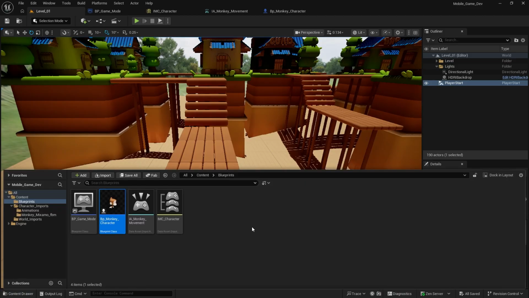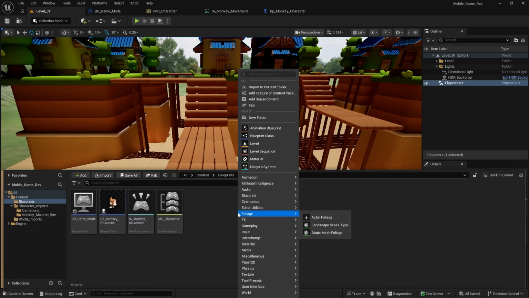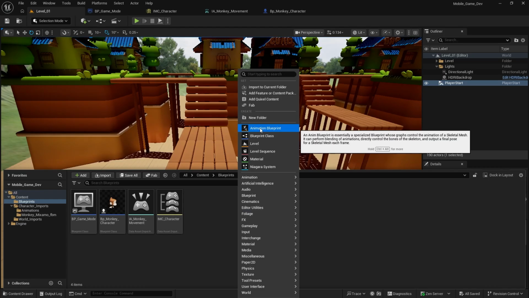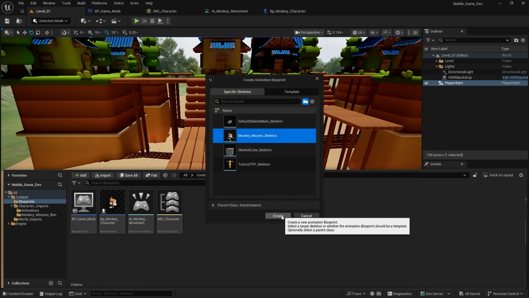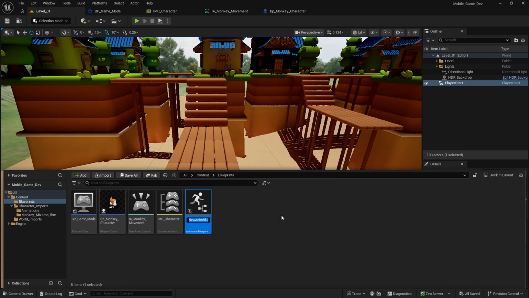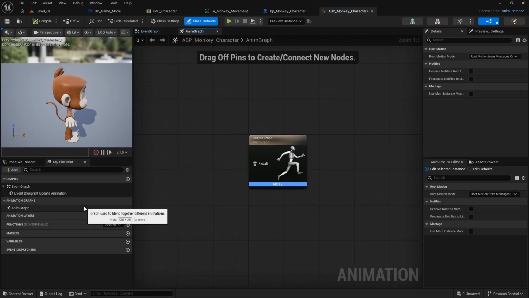Let us now create the animation blueprint over here. In order to create an animation blueprint I'm going to go to the content drawer, and then by right clicking I'm going to go to animation blueprint. I will choose our monkey as the skeleton, and I'm going to select create. I'm going to name this ABP underscore character, or else I will add it in a monkey character. Okay, so as soon as I have created this animation blueprint, I will go inside it by double clicking,